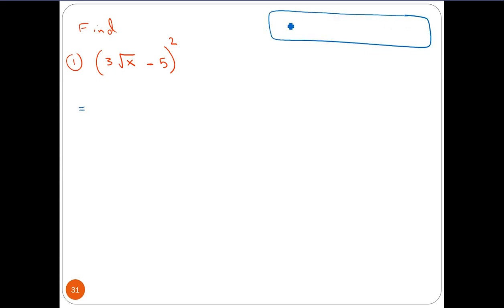Look at the law. A minus B square equals the first square, minus 2AB, 2 multiplied by the first and the second, plus the second square. Now this is our first and this is the second. 3 radical x is the first term, the second term is 5. So